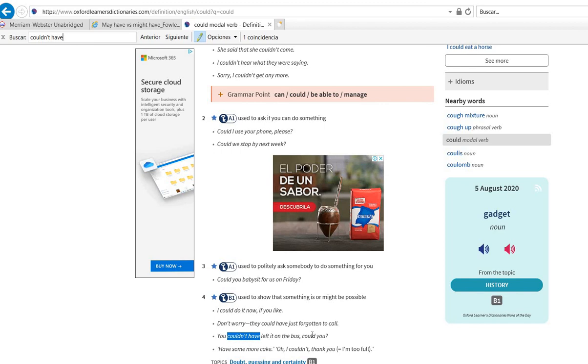The other example that you have here is we couldn't have left the dog on its own, right? And remember that was the example in Unit 11 in which we said, well, this is unwillingness, but if you just say unwillingness, the explanation is incomplete. When you say we couldn't have left the dog on its own, you mean that you were unwilling to do that because it was wrong, because you felt bad about it, right? So please remember that just saying unwillingness is not complete, right? And then this example here, couldn't have left it on the bus, is just possibility, right? Something that may or may not have happened. Now, we can also use this